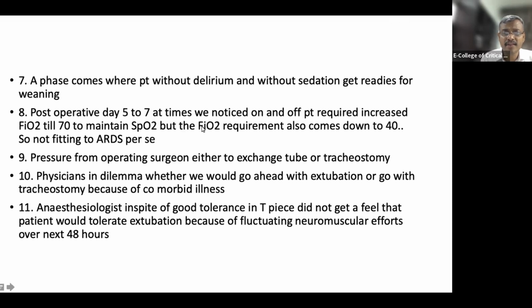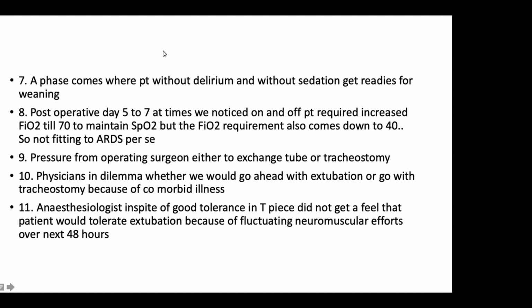Post-op 5 to 7, we noticed on and off the patient required increased FiO2. Why is it so? Saturation was requiring 70, then again the requirement was reduced to 40. Why is it happening? Anybody guess here? Why is it happening? Saturation requirement is going up and down. I'm very happy to answer here. If anybody guesses,